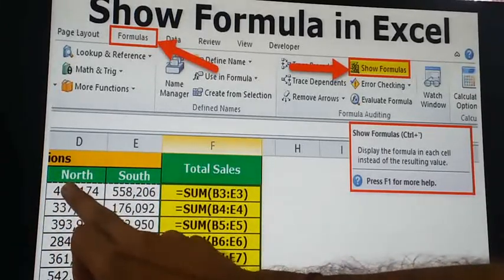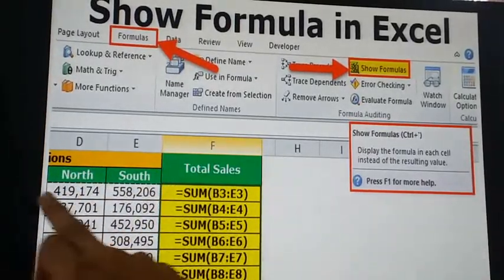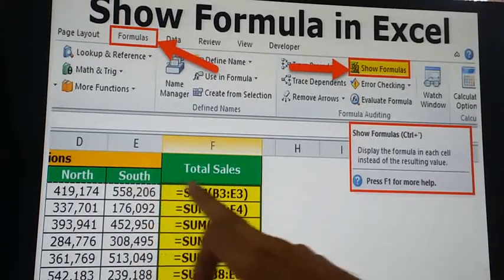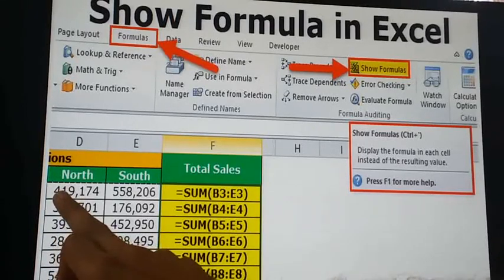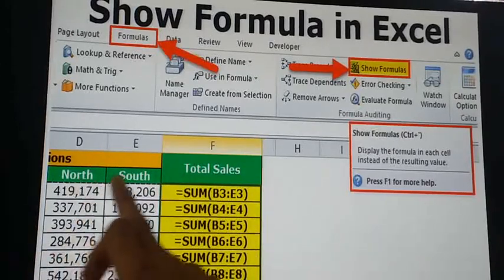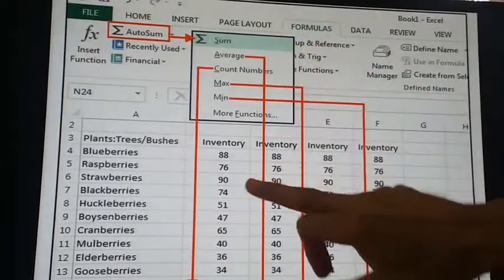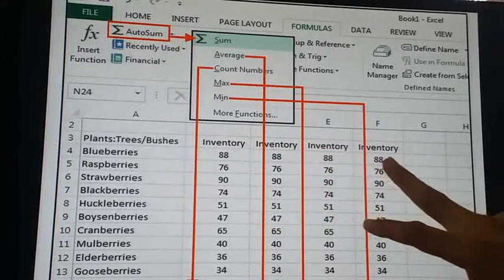It may be D3 to E3, or if 4-5 cells are there that you want to calculate, up to the starting range, if it is B3 to E3, you will give the range, then press enter, and it will show you the results. Okay, so now see, data is there, so you have to calculate.